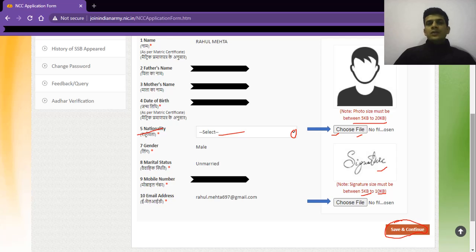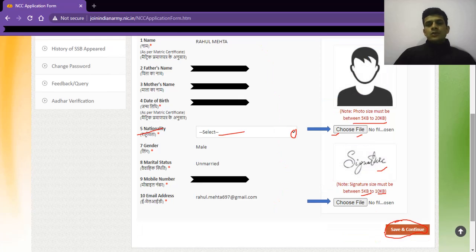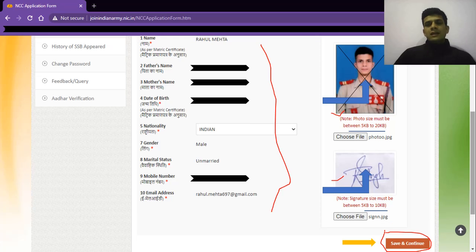And then you will be directed to the next page. In this page you can see that my photograph is uploaded over here and my signature is uploaded. Okay, and all the details mentioned here are all the same. Then after this, save and continue, again save and continue you have to click. It is just this picture. As soon as you upload, you can see how your picture is looking. Okay, as you can see mine. And click save and continue.